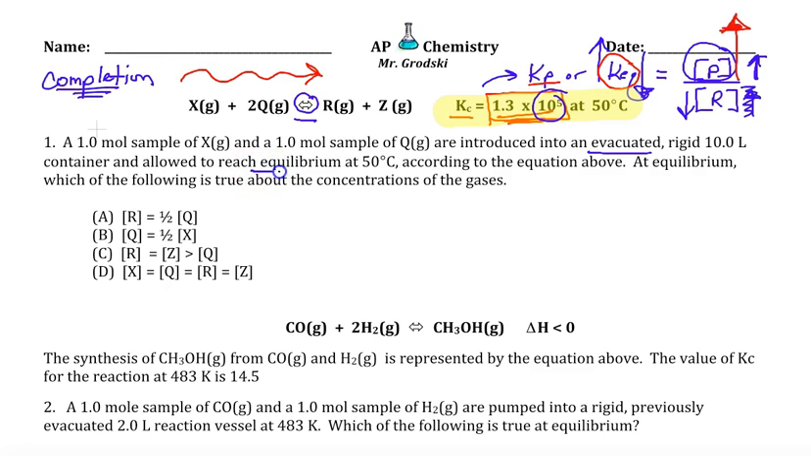Allowed to reach equilibrium, which we know better is really completion because a lot more products are favored, according to the equation above. Which of the following is true about the concentration of the gases? Okay, well, let's draw a little stoichiometry box,